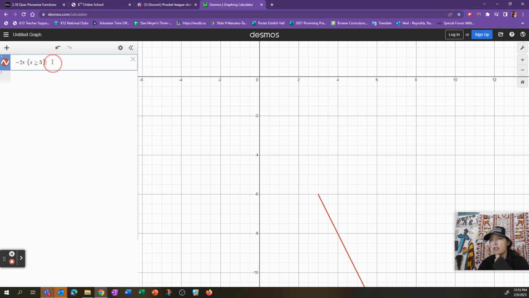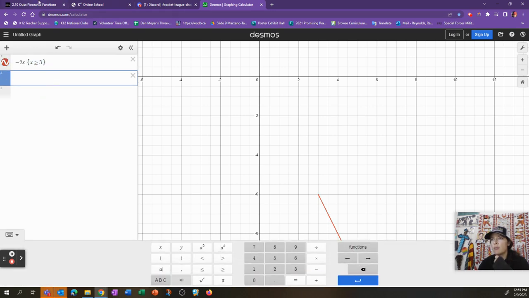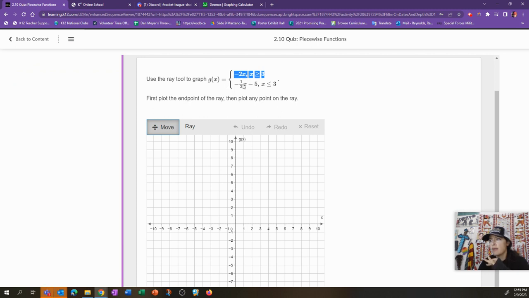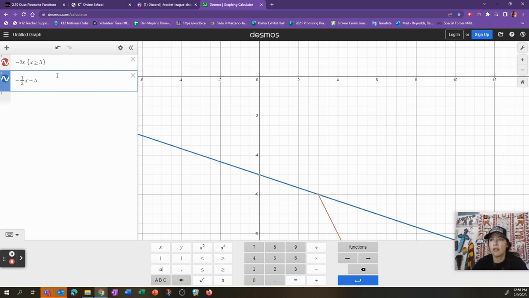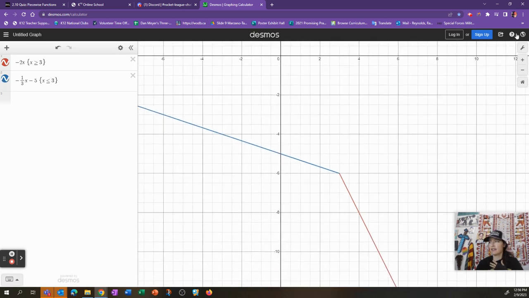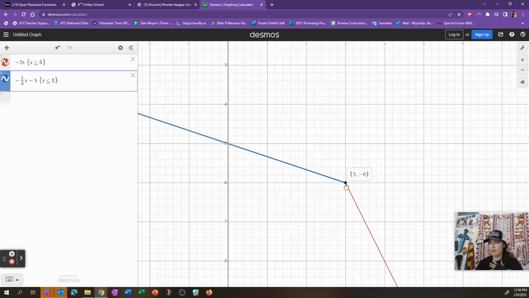That's that piece of the function. I'm going to come down here and go back. -1/3 x minus 5 for x less than 3. I have to arrow over so the x isn't down here, right? That's not right. Arrow over x minus 5. I'm going to copy this. I'm lazy. And then I'm going to highlight it and switch this. Ooh, that's cool. Look at that. Zoom in if you want to. Change the way it looks up here. Cool. They both meet there, and we created our own little piecewise graph,